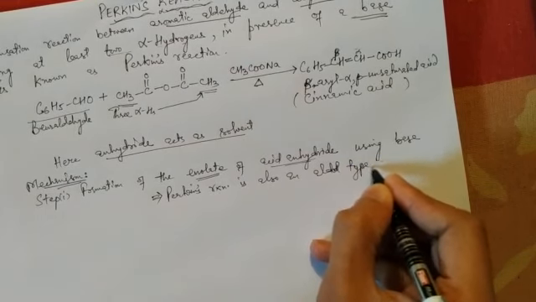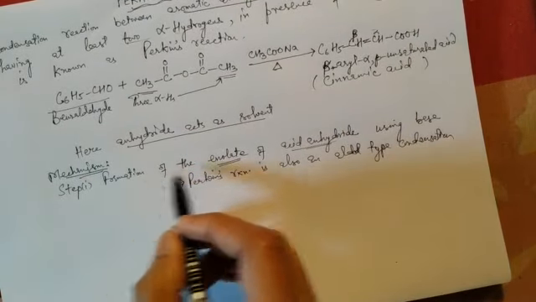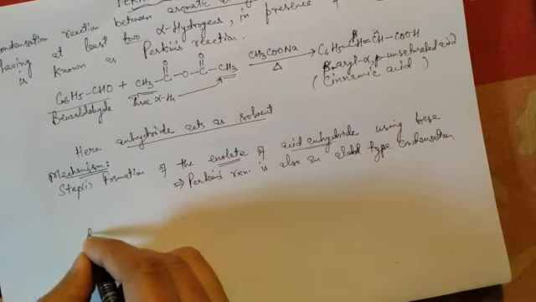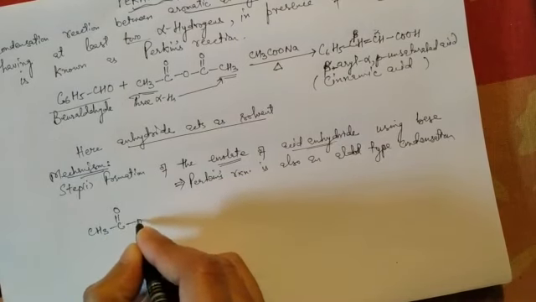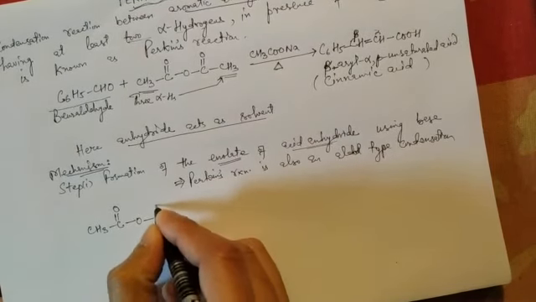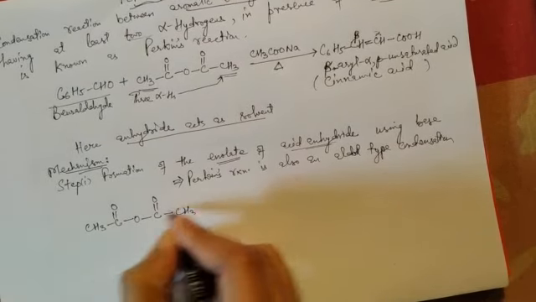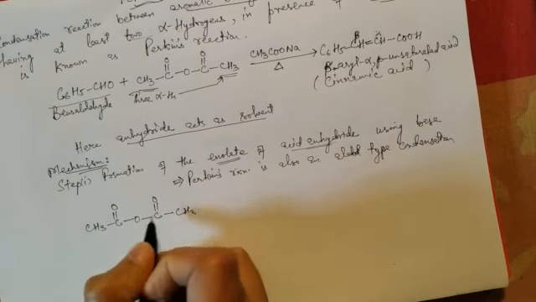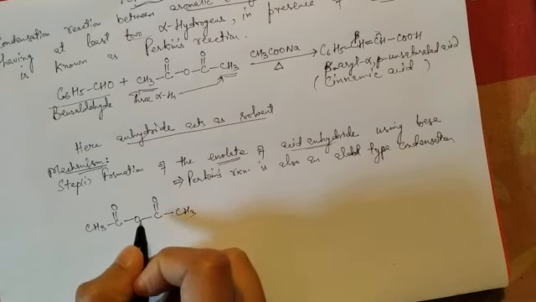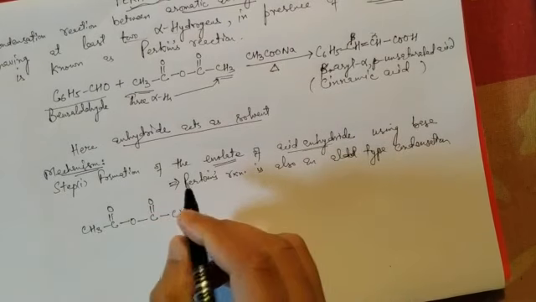Aldol type condensation reaction. Okay, now we may show this step as, now this is our anhydride, acid anhydride corresponding to acetic acid. So when 2 moles of acetic acid are condensed, heated in presence of external heat energy, thereby releasing 1 water molecule, we are getting this anhydride, acetic anhydride.